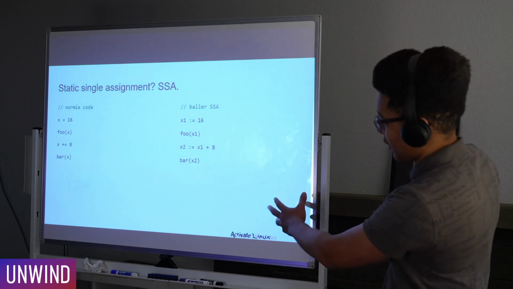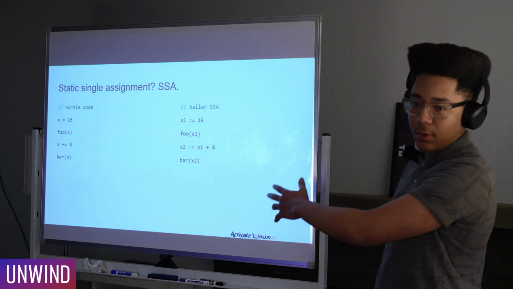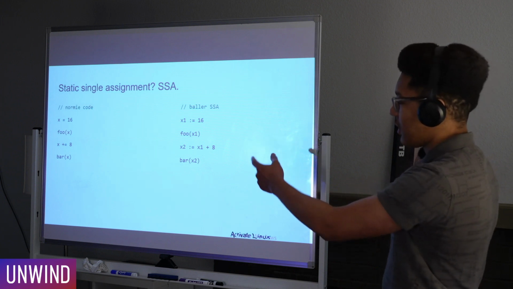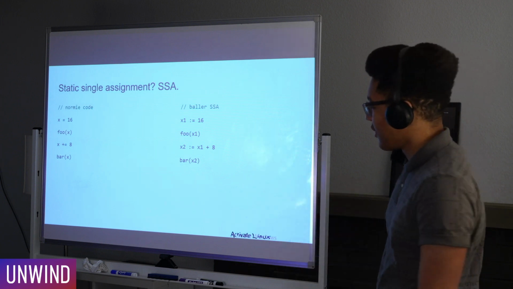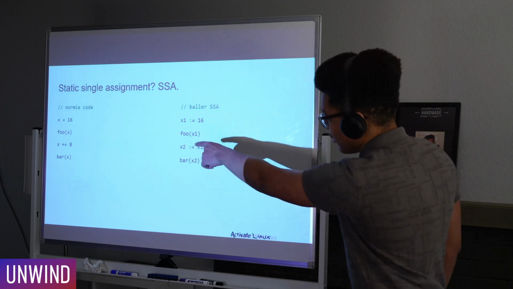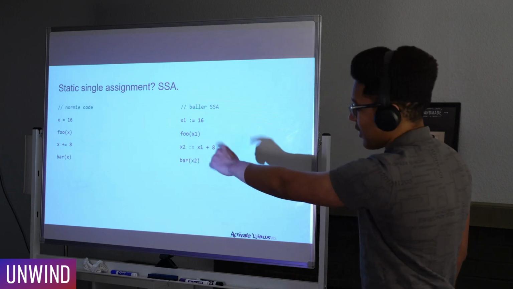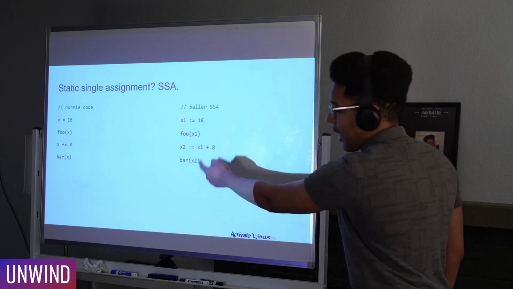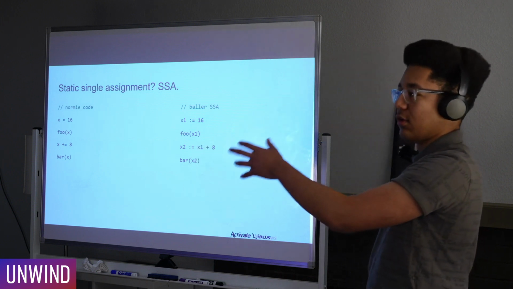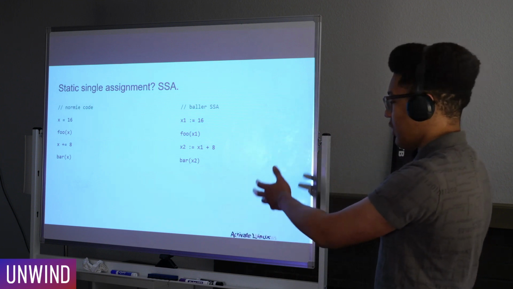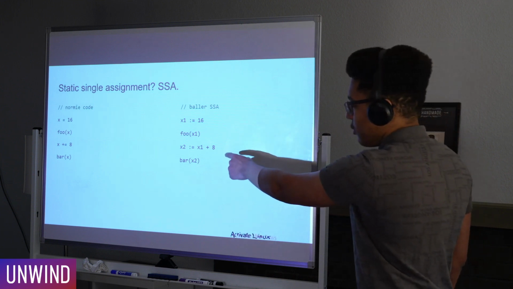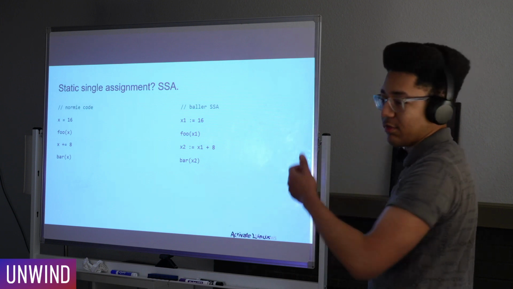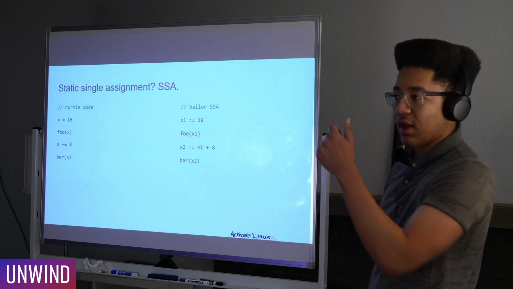To start off, we're going to have SSA. In SSA, what we're effectively doing is taking all of these mutable assignments and converting them into single assignments. And that's where it gets the name static single assignment. So instead of saying x equals 16 and then later on reassigning x, we actually make a new x value, which is going to represent x after the mutation. In which case, we end up with two immutable assignments, which makes it easier to reason about what's going on. No longer do we have the problem of, is x referring to the same x as some other x